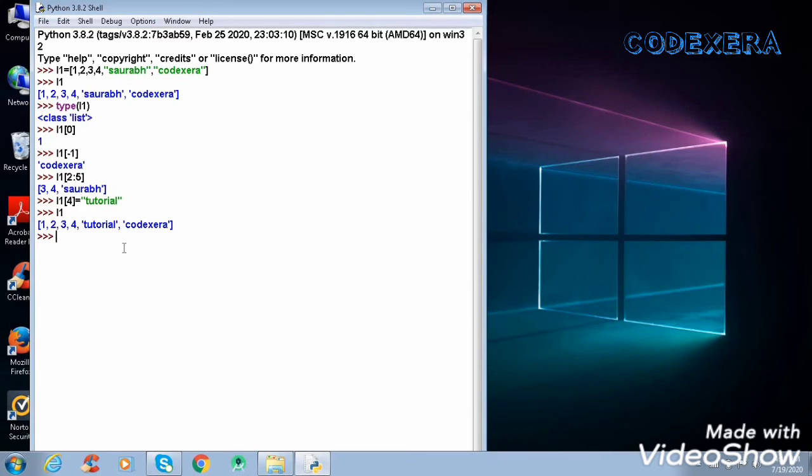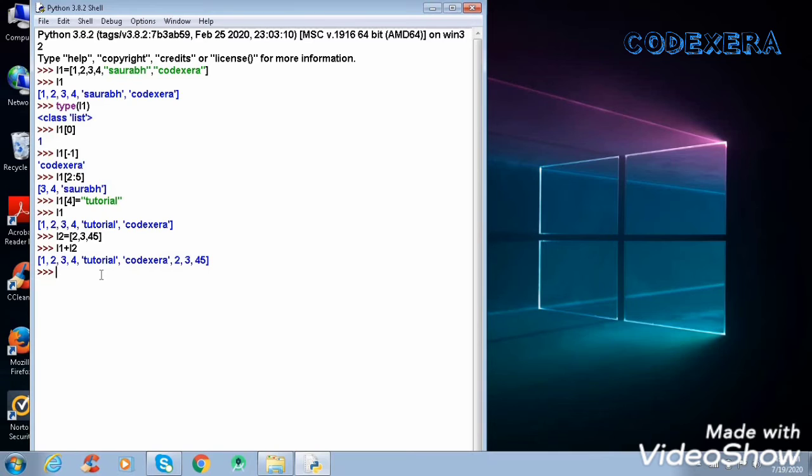After updating values of a list, there are lots of other operations we can do. We can use operators with a list. Suppose we create a second list here, 2, 3, 4, 55. If we use the plus operator, it will add two lists into one list. So the values of these two lists go into one single list.